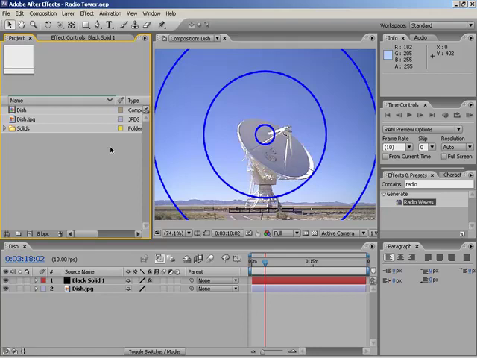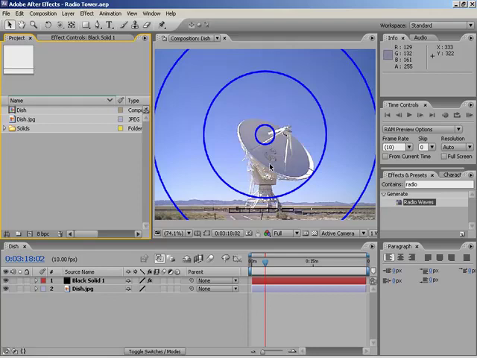How do I use Adobe After Effects and Adobe Premiere Pro in tandem so that I have a good workflow? There's going to come a time when you're going to get done with your effects, like this scene here. I have radio waves emitting from this tower. I'm completely done with it. I'm done with my scene, but I want to drag it into Premiere so that I can go ahead and